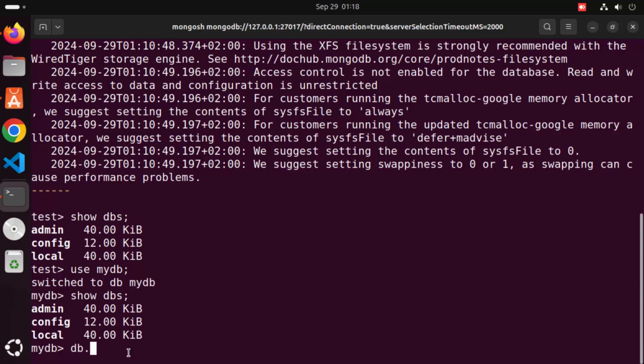Just write db and the name of your collection. For example, I want to name my collection as employees, and then write insertOne, or you can even write the insert command, right? So let me use the insertOne command, and then in the parentheses just give this curly bracket, and then you can give your values in the form of a JSON document, right? So I'm going to write name colon and then the name of the employee. For example,